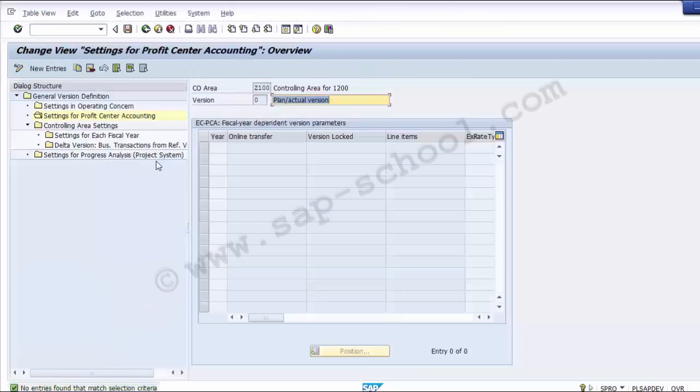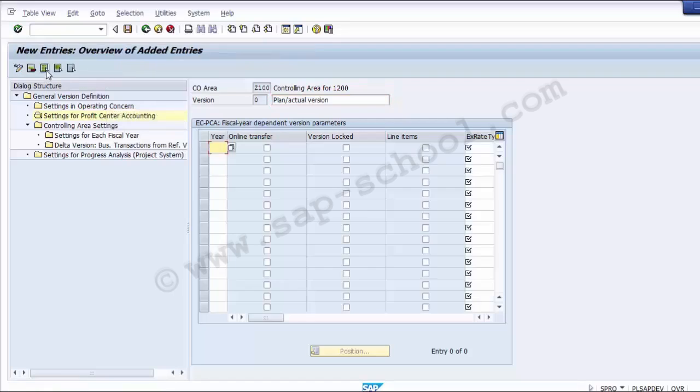It takes you to the next screen now, which is change view settings for profit center accounting overview. Now in this particular screen, you can see there is no year defined for a profit center. So we first have to maintain a fiscal year for the profit center accounting version. What we need to do is go to new entries on the screen, and as we select the new entries, you can see the options have opened up in the system for you. So we need to select the year over here. The year which will be taken up is